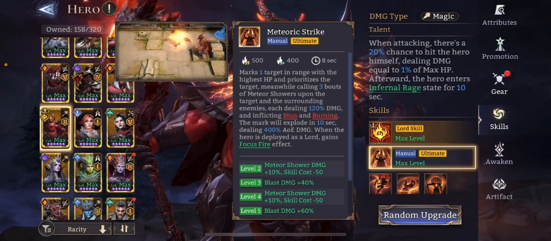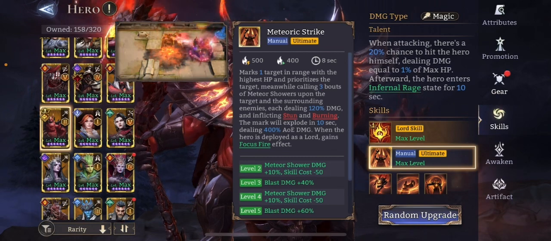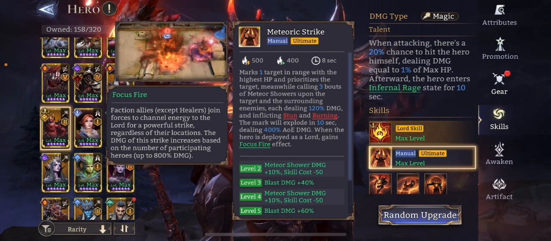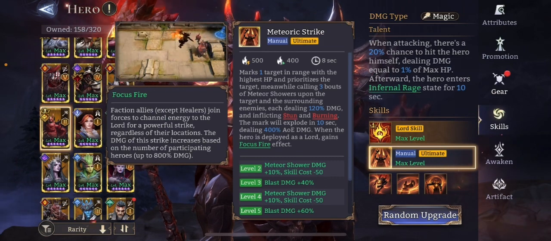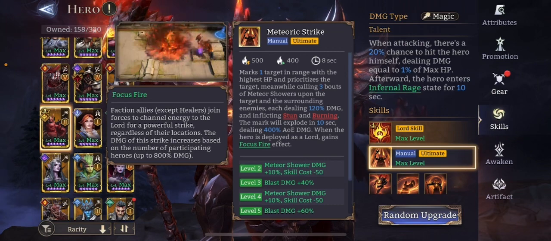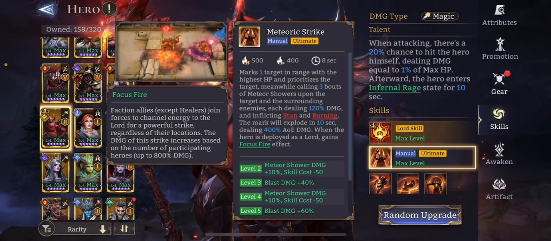The mark will explode in 10 seconds, dealing 400% AoE damage. When the hero is deployed as a lord, he gains the Focus Fire effect. So now the Focus Fire effect: faction allies, except healers, join forces to channel energy to the lord for a powerful strike. This can be up to 800% of damage. So what happens is that if you have a Zealot, a Cetrum, a Nocturne, an Axe, they will stop attacking, join forces, and send one enormous hit that can be 800%